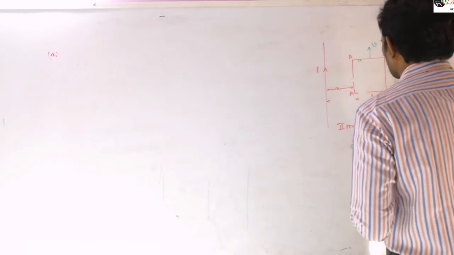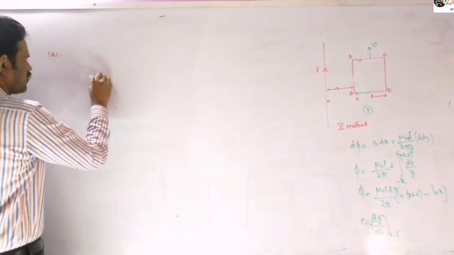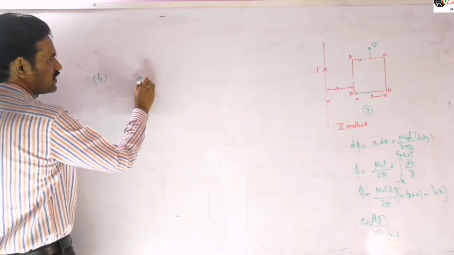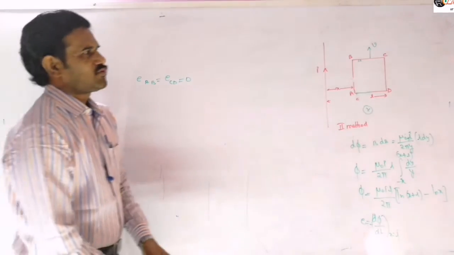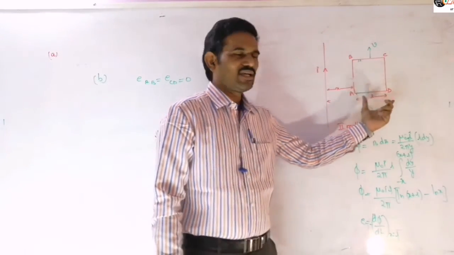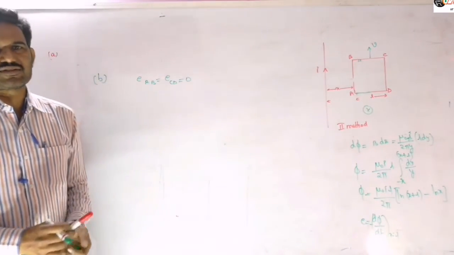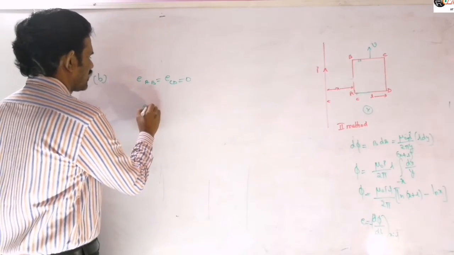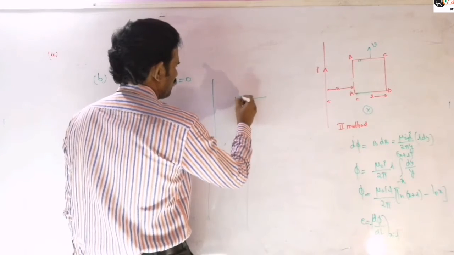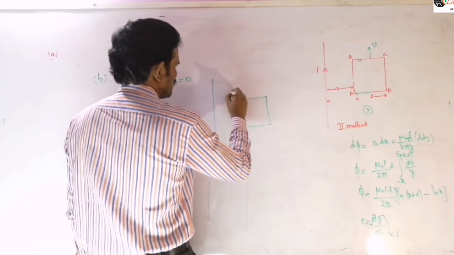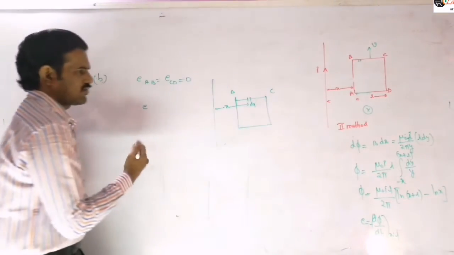So now what we can say is the induced EMF produced in the AB and CD will be 0. So for the second part, the induced EMF produced in the AB rod is equal to 0, and the induced EMF produced in the CD rod is equal to 0. And the induced EMF produced in BC and AD we already calculated in the previous calculation, with the non-uniform field, that is nothing but our first problem. If you want to calculate, for example, the BC rod, this is our BC rod. Now we need to take a small element. That is our first problem only, which we discussed already.